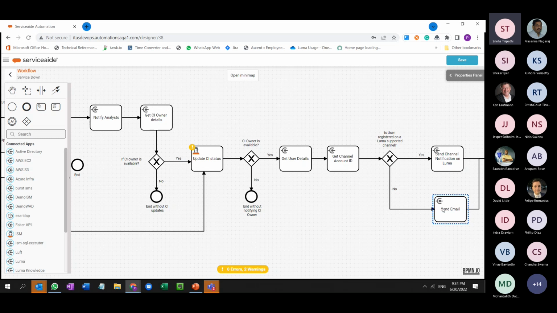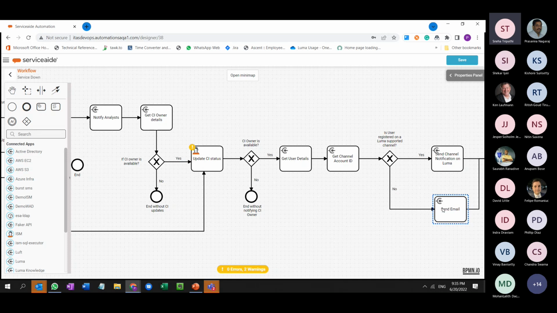For example, instead of sending a simple message, we can provide notification in a card, which then provides the user with the remediation process steps. For example, if a service is down, the analyst can directly use another automation workflow to restart the service, or they can access some knowledge articles to see how this can be remediated, or they can view other tickets that are already created for this specific issue, and then similarly take